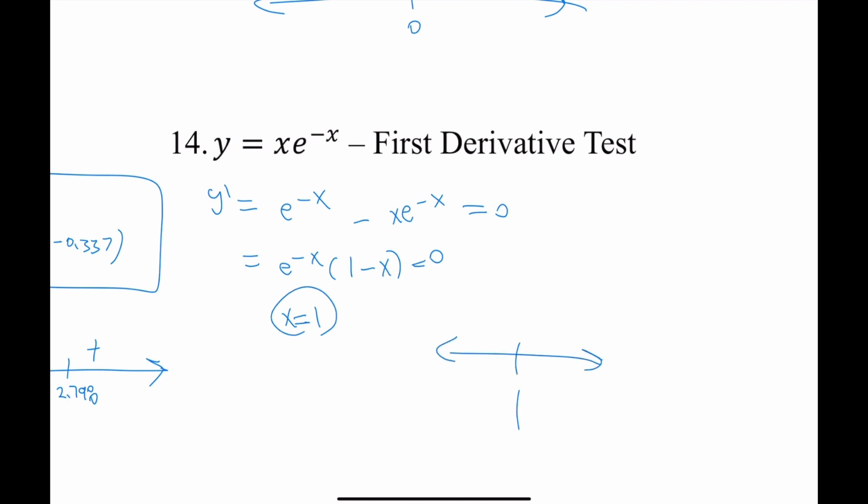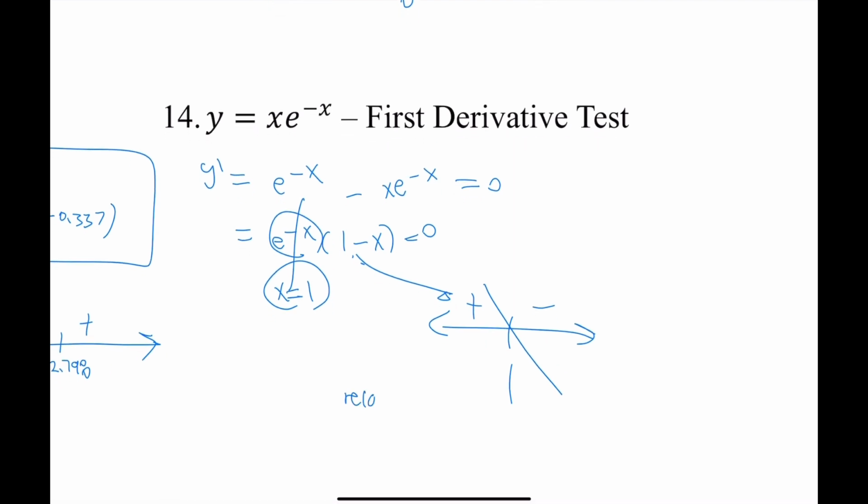Okay, we can see that this one doesn't matter, but this one matters, right? So we're not considering this one. And then this is a line with a negative slope that's passing through 1, 0. So it's basically like this, passing through 1. So positive, negative, right? So we get a relative max at 1, and then